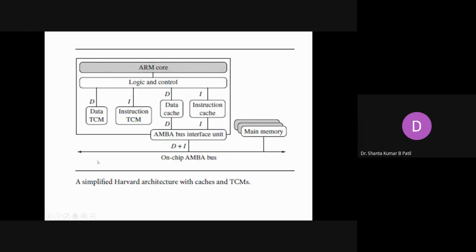So that's what he has shown, Harvard architecture. More and more memory is placed in the ARM processor chip. So it is Harvard architecture. Some are for the data and some are for the MAC. These are for the ALU and these are for the